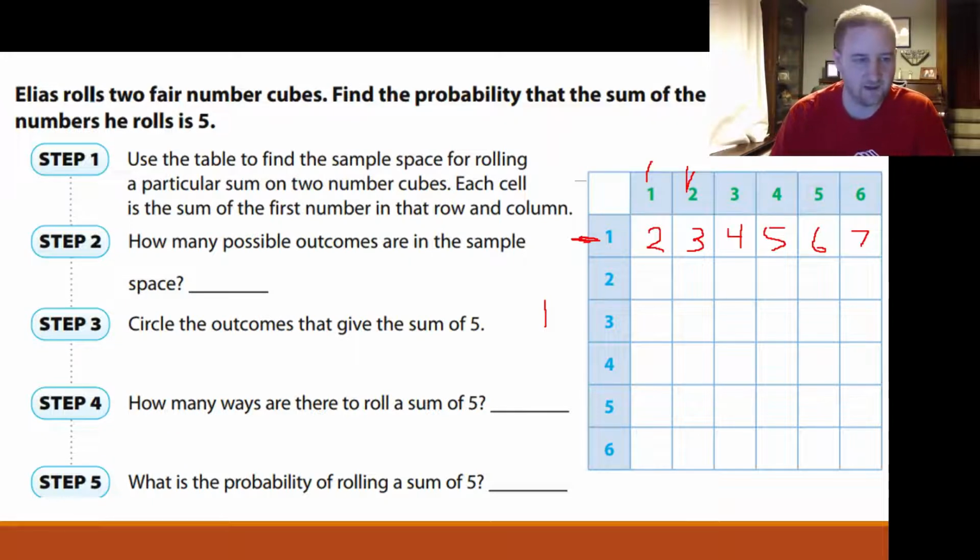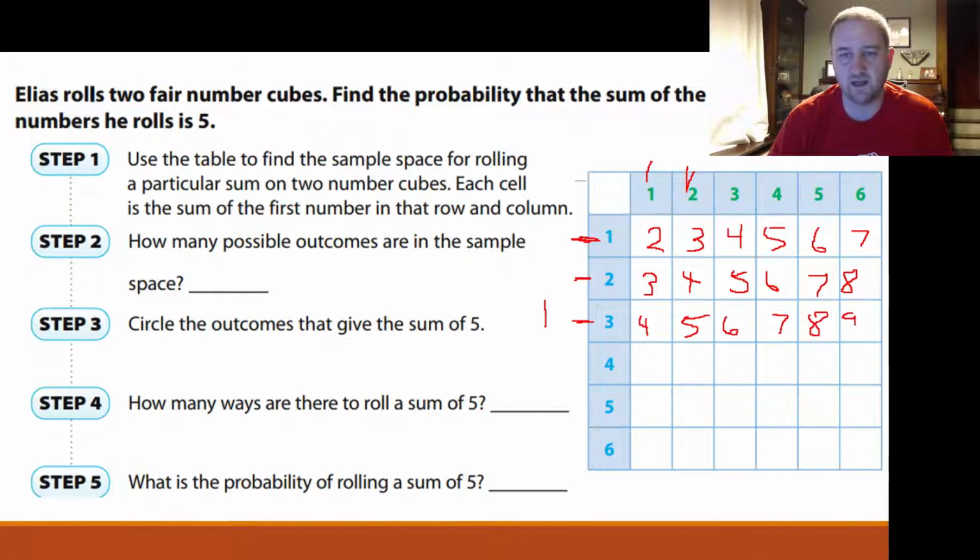Okay. Now let's say he rolls a 2 on his first roll, and then a 1 on his second roll. That sum is 3. If he rolls a 2 and then another 2, that sum is 4. A 2 and a 3 is 5. And we have 6, 7, and 8. Okay, if he rolls a 3 on his first die and a 1 on his second, that's a sum of 4. Then 5, 6, 7, 8, and 9 for a 6 on the second, right? 3 plus 6 is 9. So you can kind of see the pattern that's going here.